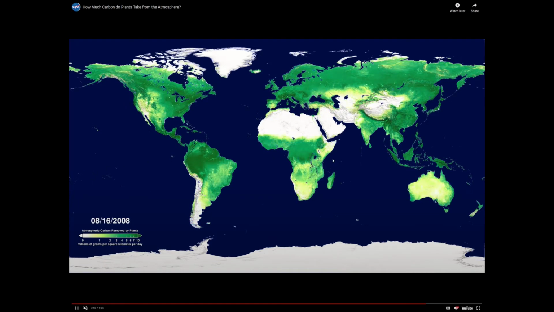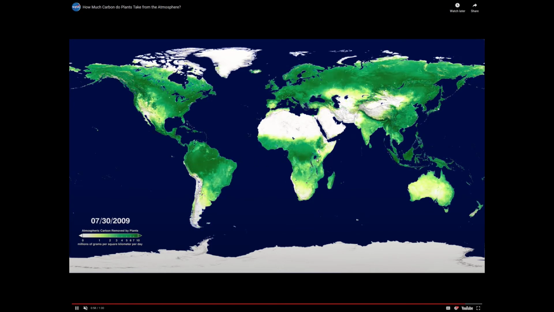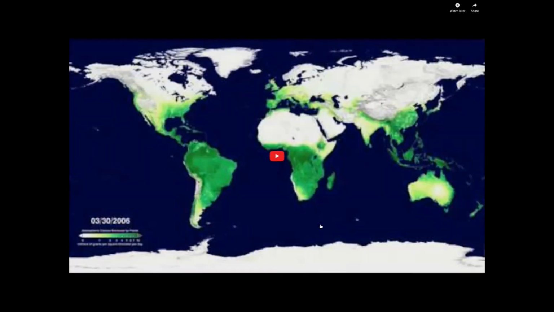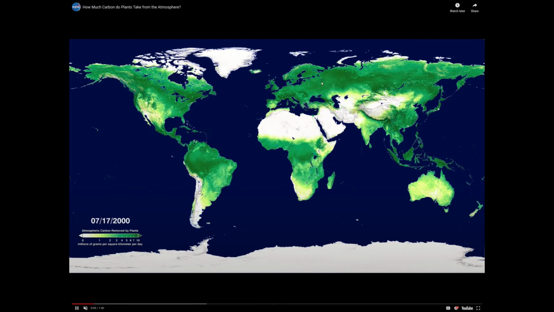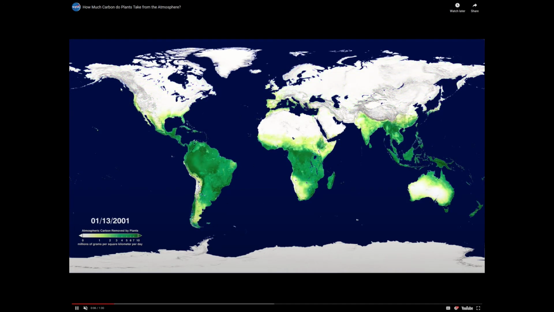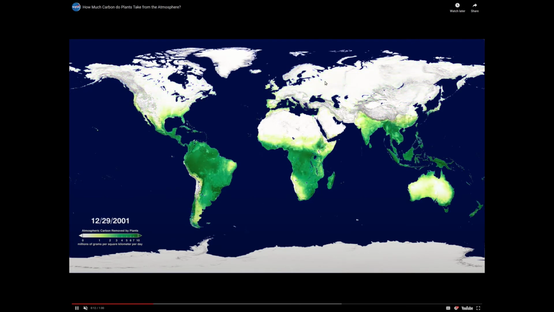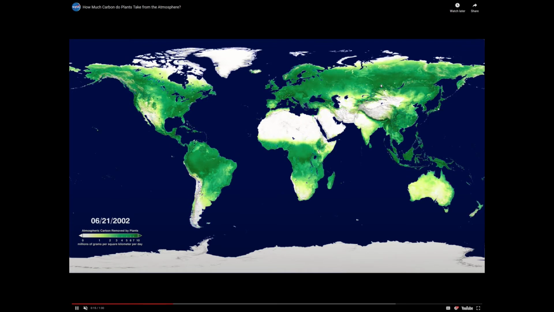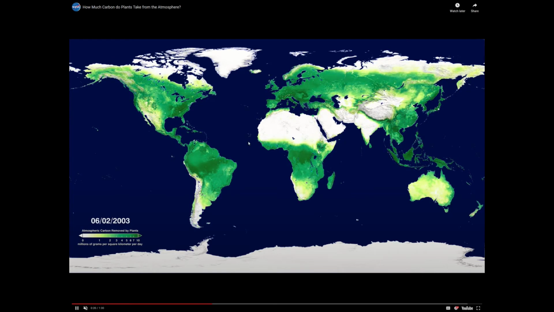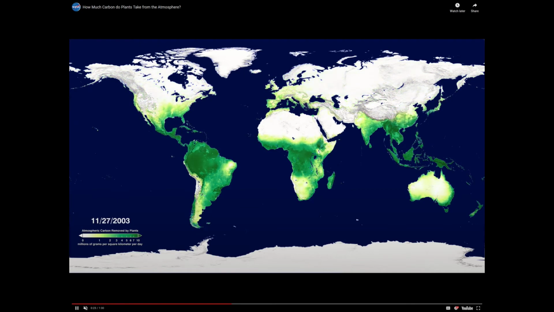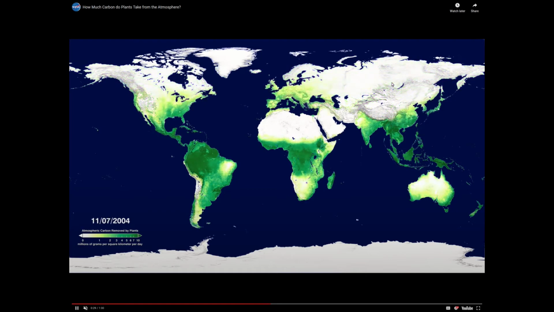It would be nice if they had a latitude and longitude overlay grid, because here's the equator. And I know I keep going on and on about the difference between northern hemisphere and southern hemisphere land masses, but yeah, I'll just start you again. So you can see that the high latitudes, so this would be the mid latitudes and then the subpolar areas, really dramatic change from summer to winter, like nothing in the winter and very dramatic growth in the summertime. So the ITCZ is going to play a role, and day length is going to play a role, and temperature is going to play a role.